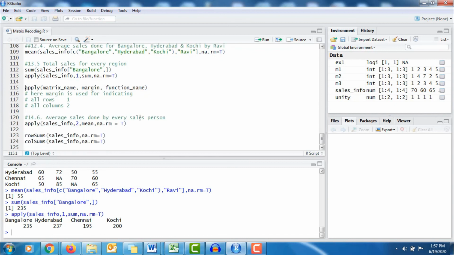Now suppose you want to calculate the average of every salesperson. So in that case, we wanted to perform this average column-wise. So you can use the apply function with the matrix name, comma, margin as 2, because 2 indicates your columns, followed by comma and the function name, followed by na.rm equal to T, so that if any missing values are there, they are ignored.